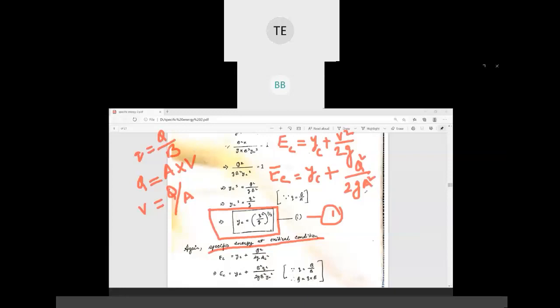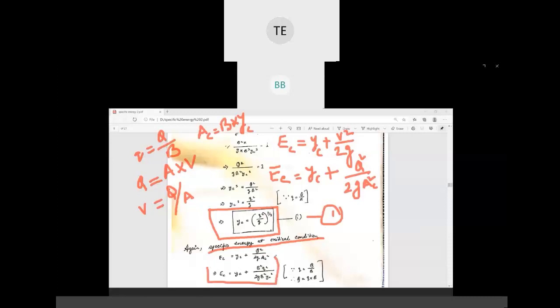Or you can say this is also a critical area, because we are going to consider your critical depth. So this AC is nothing but the critical area. It's similar to the area of cross section of a rectangular channel, only the difference is you are going to consider the critical depth. That is why